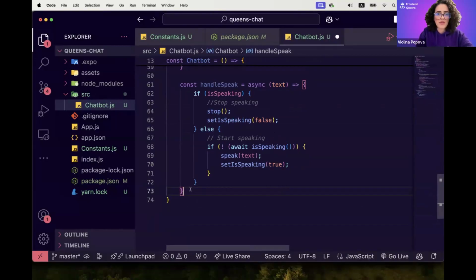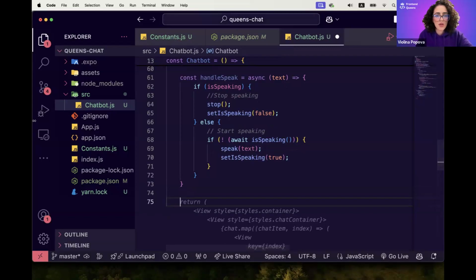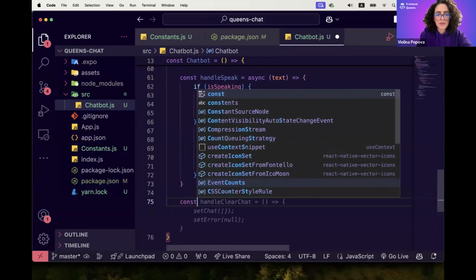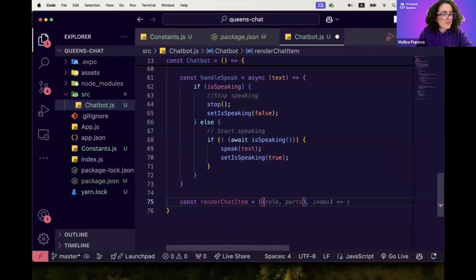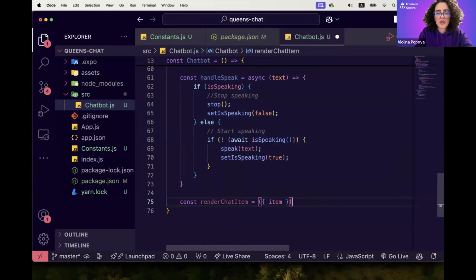And the next thing which we have to do is to render the chat item, which will contain another component for the chat item. And I'll create first the function render chat item, which will take the item as parameter,